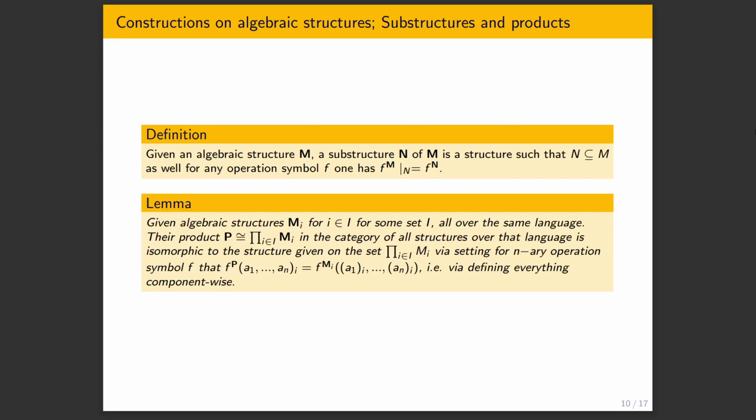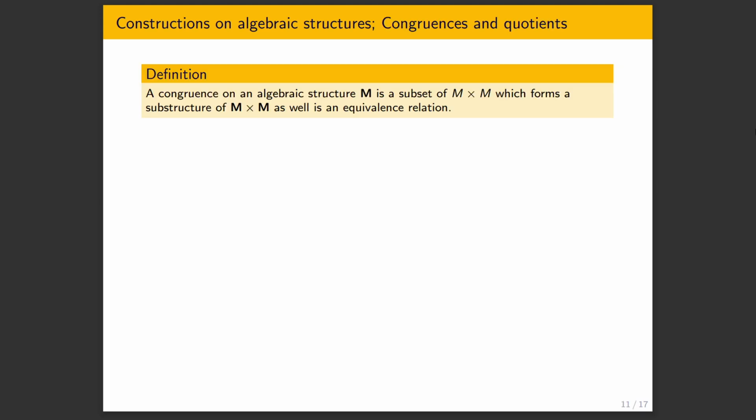And now here's a lemma that we can characterize products in this category the obvious way. When we take a product of structures, we just take the Cartesian product of the underlying sets and then define all the interpretations of the operations in the product to be component-wise. This might look a little bit messy with the indices, but really we're just applying the operation f component-wise. So you can check that this defines the product.